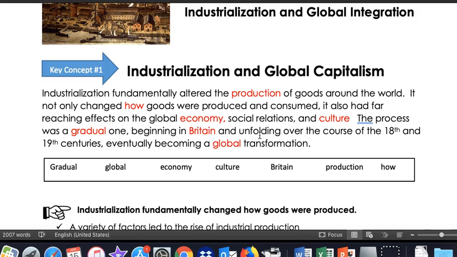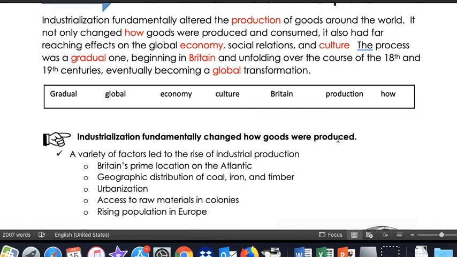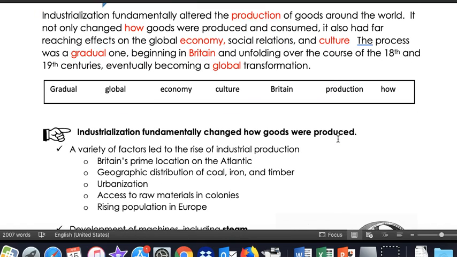So industrialization was a big deal because it altered the production of goods. It altered where they were produced, how they were produced, who was doing it, where you were working, and like we said, had all kinds of impacts on the broader culture. The process was a gradual one. It's important to remember that it began in Great Britain and really took a period of 150 years to take root globally around the world.